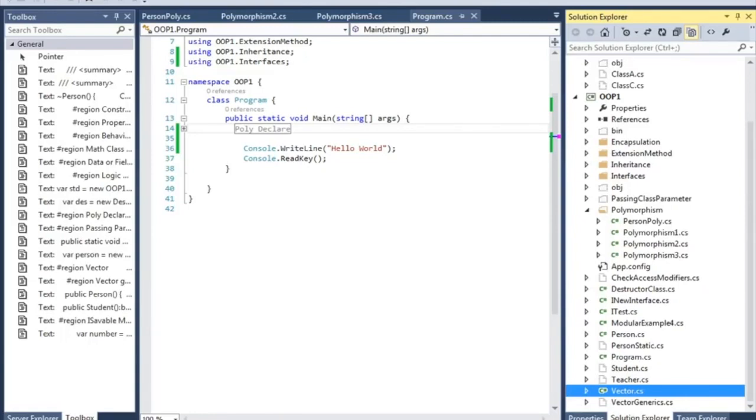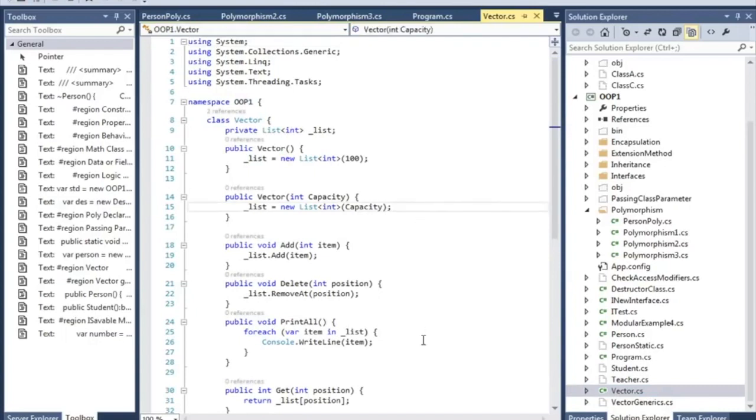It's called the list. So I made a new data type called vector, and I really didn't go through the underlying coding, the complexity. I just make the list work behind the scenes. I just use it to show you the generics. That's it, nothing else. That's why I made the simple code.